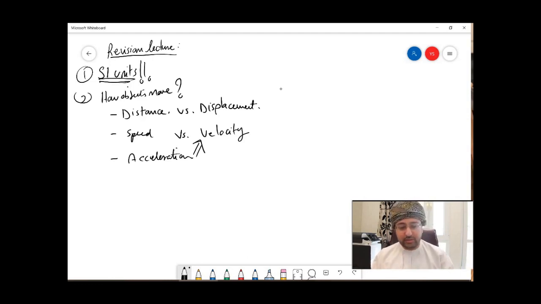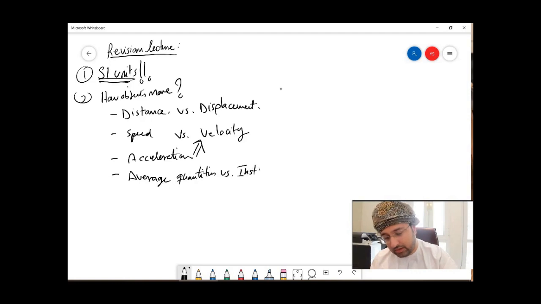And the final thing we did was discuss the concept of average quantities versus instantaneous quantities, and we said this is crucial in some applications. Okay,